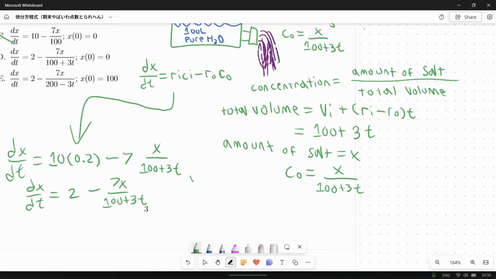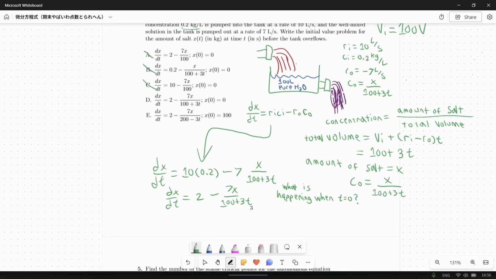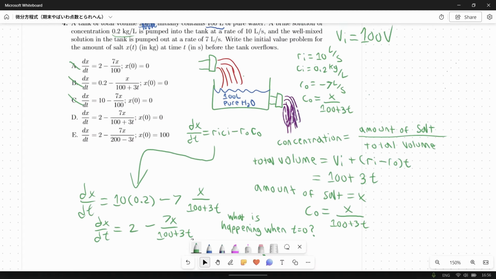Okay, there we go. What's happening when t is equal to 0? That's going to be our initial condition. So we can say x of 0, what's going on then? And for that, we know that